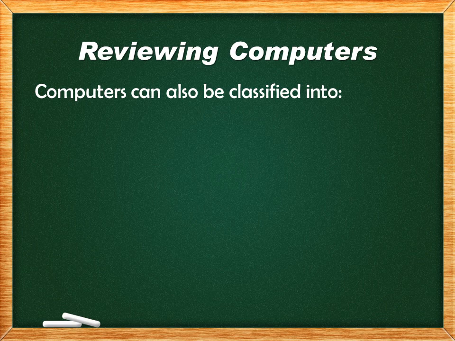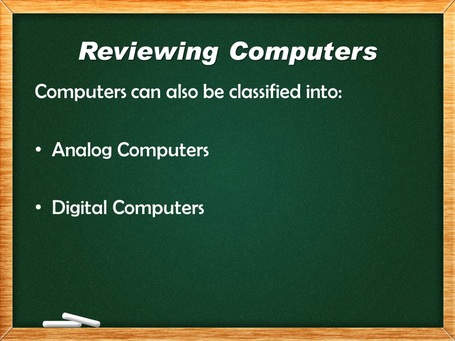Now we are going to discuss the classification of computers. There are three classifications of computer. The first one is analog computers, the second is digital computers, and the third is hybrid computers. Again I am repeating, these are the classifications of the computer. These are not the kinds of computer. Kinds of computer are mainframe, mini, and micro. So let's move forward and see the